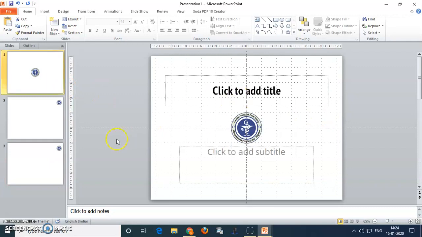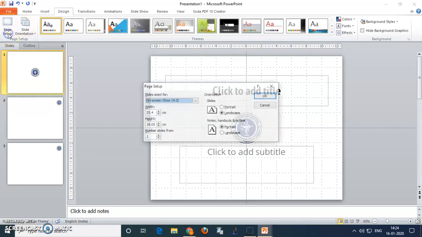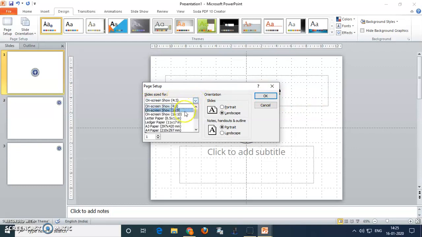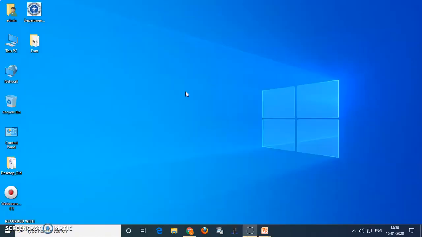And if you want to use this template in other places, or if you want to record a video, you have to change the page setup, because on-screen show 4:3 is suitable for classroom presentation. If you want to make a video, you must select 16:9 or 16:10 as aspect ratio, so it will show like this.